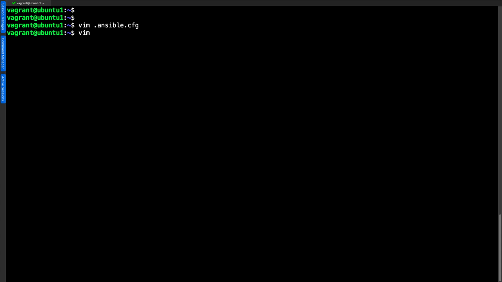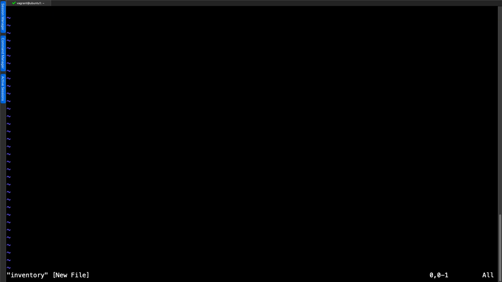So if I go through and add in my inventory file, again, use any text editor that you want. And I'm going to set up a group. The group name is in my square brackets. And we can put in the IP address of my Ansible controller. I'm calling this the local group and creating a second group, which I'm calling FreeBSD. And I'm going to put the IP address of the FreeBSD host, which is then 102.